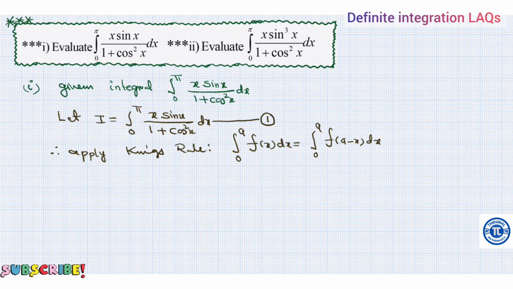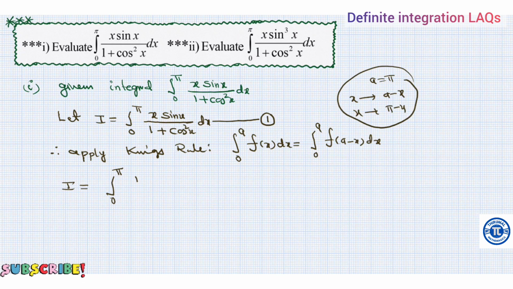So now equation number 1 gives I equal to the integral from 0 to pi, here a value is pi, x replaced by a minus x, so x replaced by pi minus x in the above,